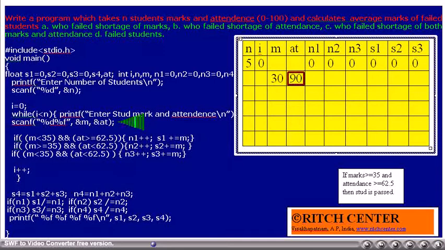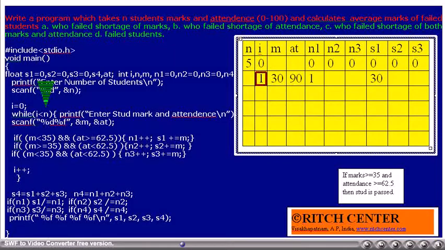His marks 30 will be added to S1 and N1 value will be incremented by 1.